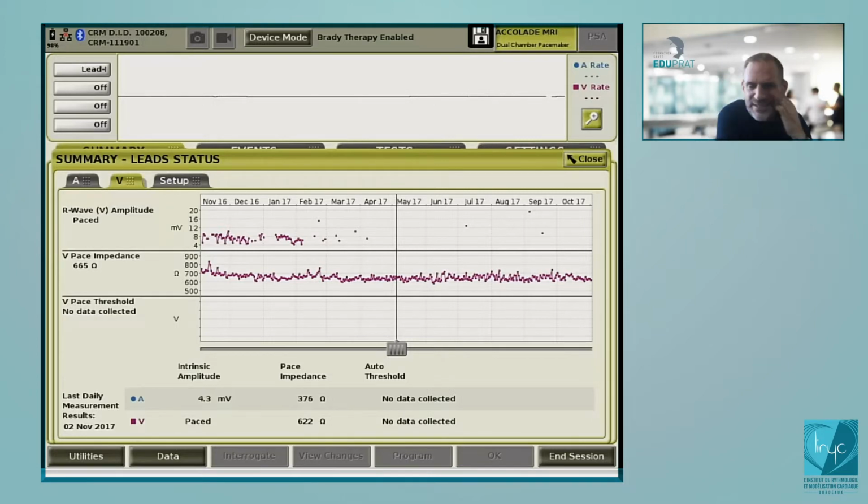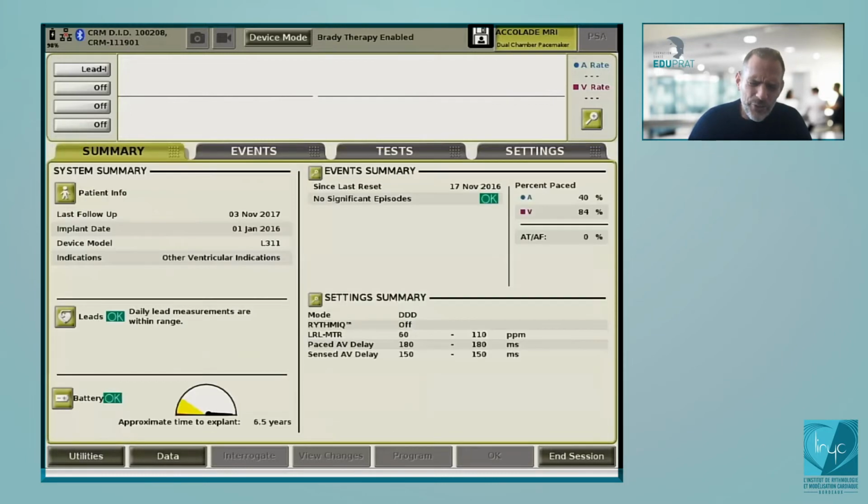For the impedance, what you see here is the measurement in unipolar or bipolar according to what you have programmed. If it's programmed in bipolar pacing, what you see is the bipolar impedance. For the pacing thresholds, we will see when we have a look at the parameters. That's for the amplitude of pacing. You can program either